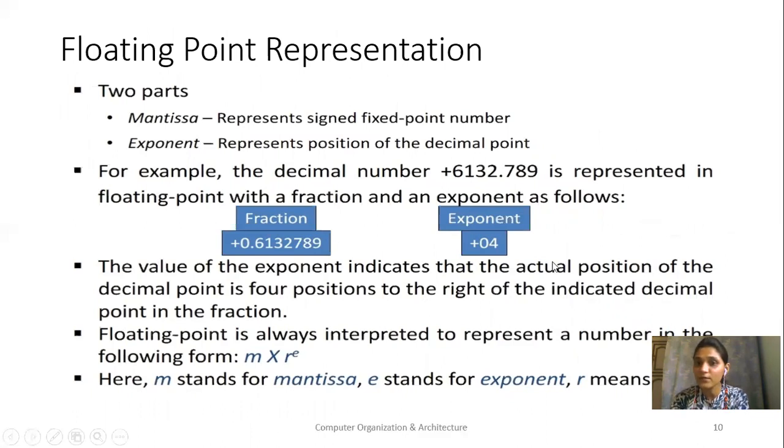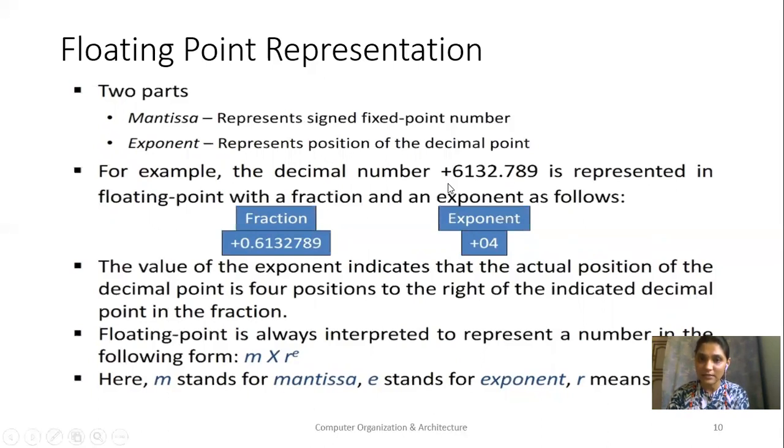For example, we have this number 6,132.789. To represent this number in fraction and exponent, or mantissa and exponent part, we can say